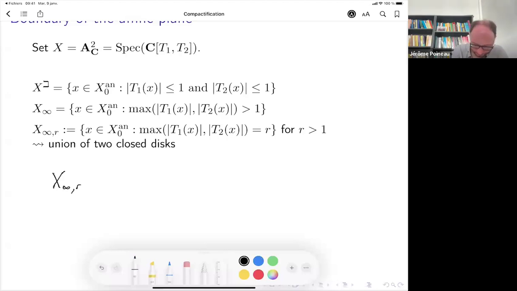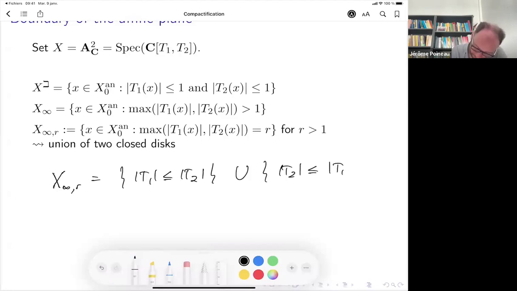So you have two parts. You have the part where T1 is at most T2, and the part where T2 is at most T1. Okay, and you can also project on the two. Should I do it like this?